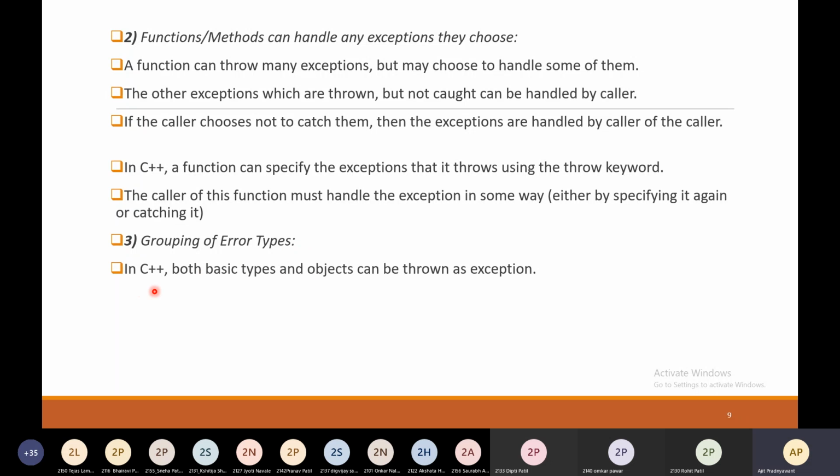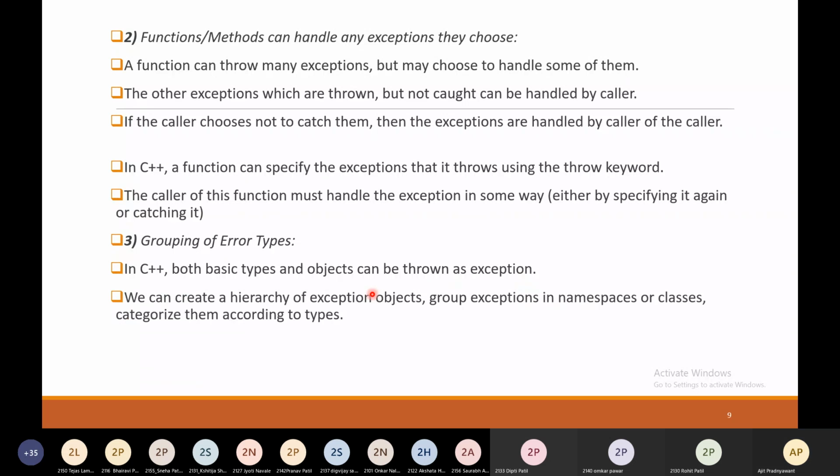In C++, both basic types and objects can be thrown as exceptions. We can create a hierarchy of exceptions, group exception objects in namespaces or classes, and categorize them according to types.